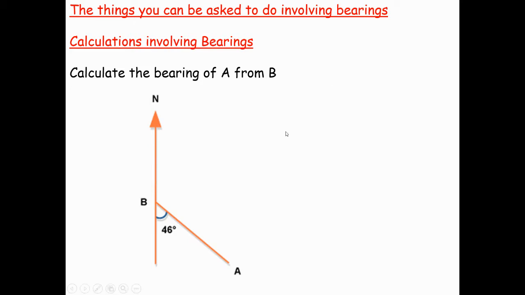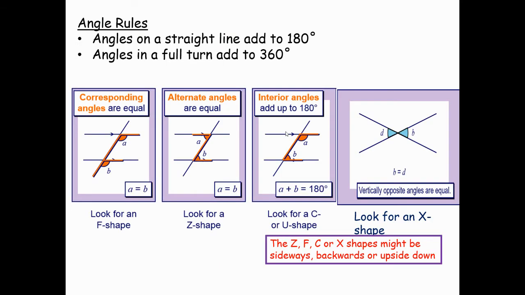So let's recap some of the angle rules which might be useful. So the angles on a straight line add up to 180. We've just seen that. Angles in a full turn add up to 360. So you can imagine a question where you've been given a certain angle and the bearing's the missing one from a full turn, and we've got to work out that. And these parallel line rules are also useful because if you think about a diagram with a few different points on it, if they all have north lines on them, those north lines are pointing in the same direction, they're parallel, which means some of these rules might apply, which means you've got to know your corresponding angles rule,